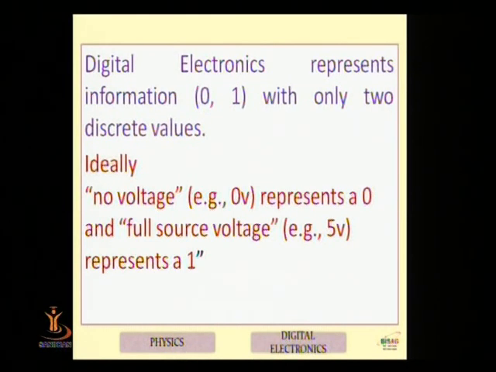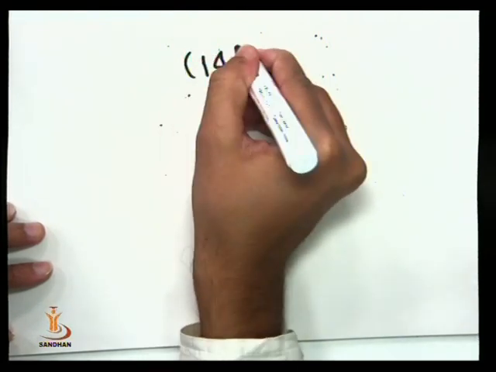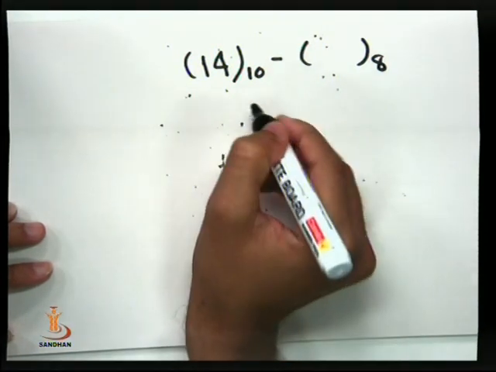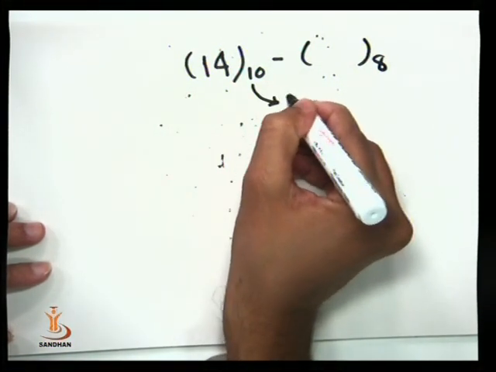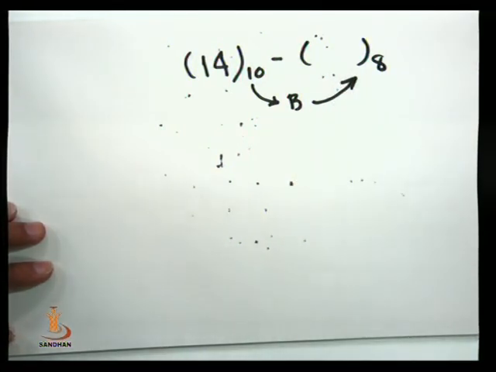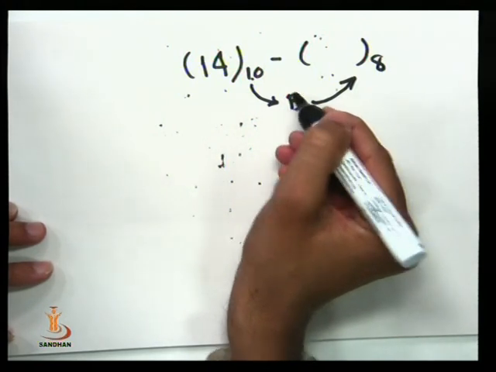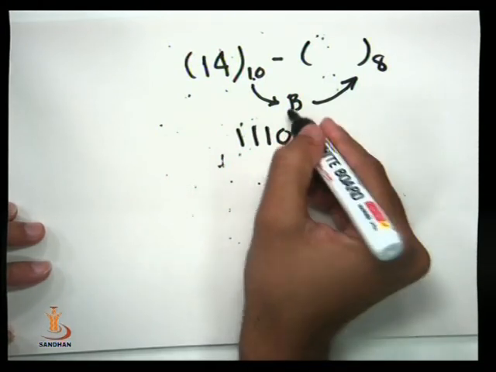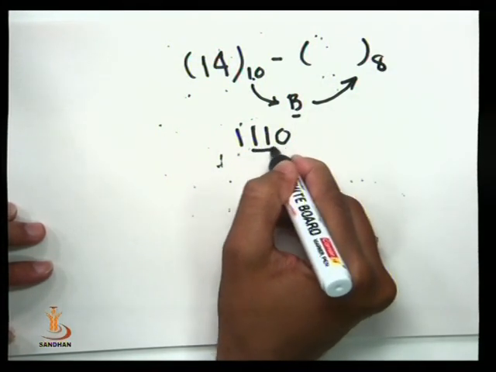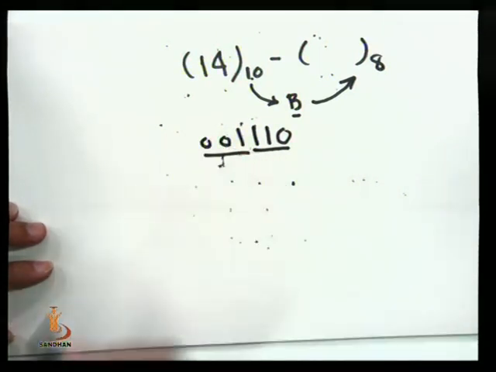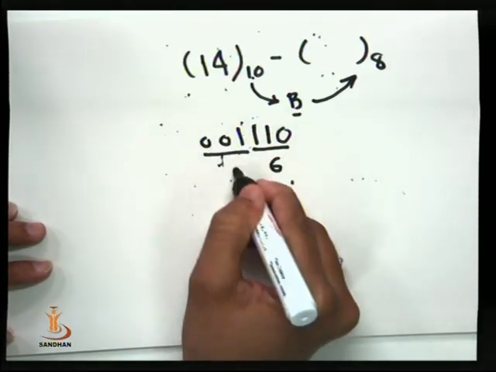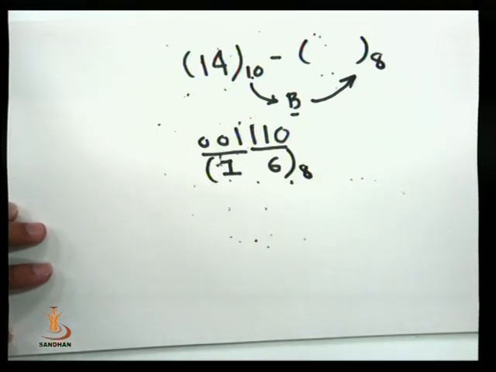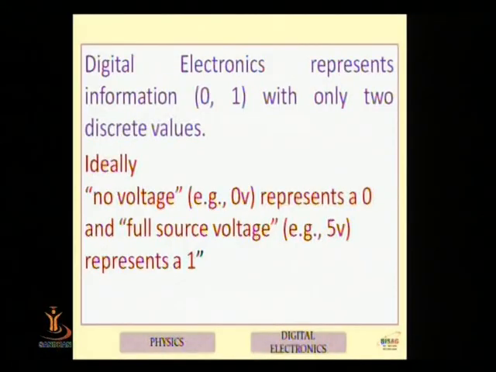Let me pick the same number again. 14 is the number in decimal and our objective is to convert into octal. The simplest way is to move first into binary and then to octal. So we know that decimal 14 gives us binary 1110. For binary to octal, you make pairs of 3 digits. So 110 will give you 6 and 001 will give you 1. So 16, friends, is the octal of decimal 14.